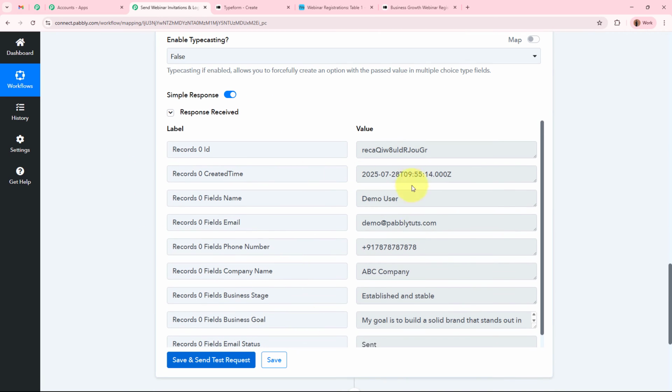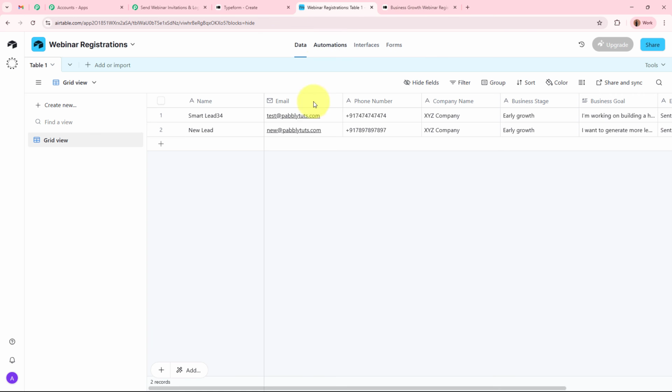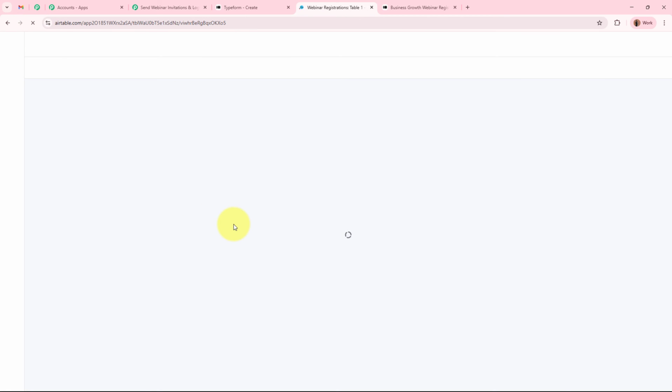and simply click on this save and send test request button right here. As I've done that, I have received a response in which I've received the record ID. That is a positive response. So if I open my Airtable record and refresh this page from here, you can see a record